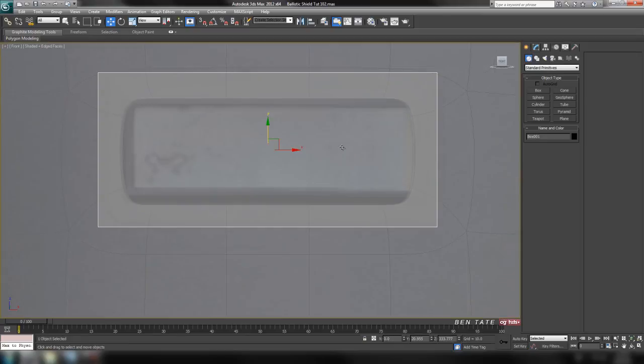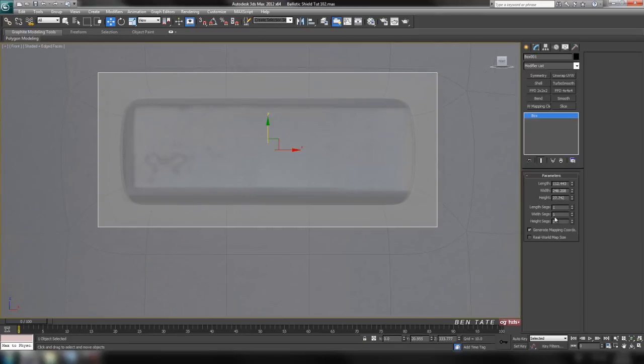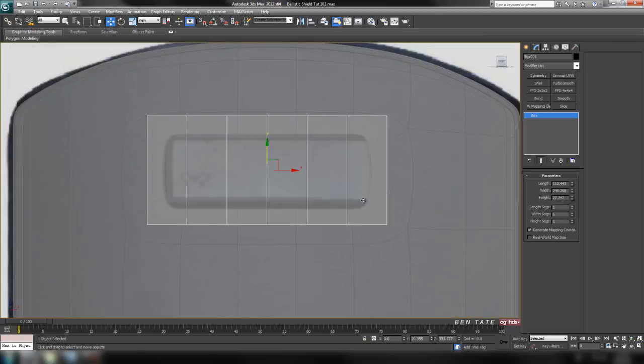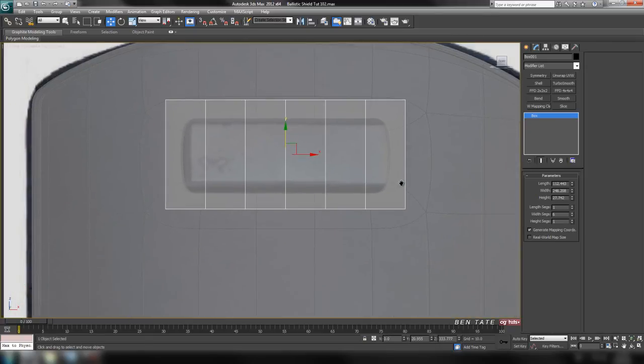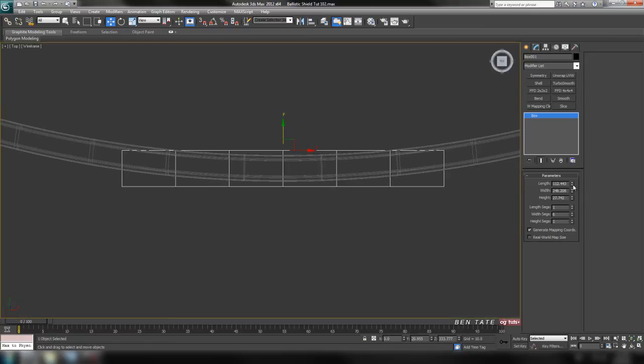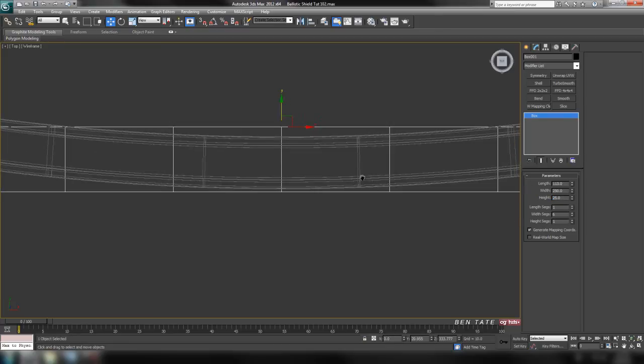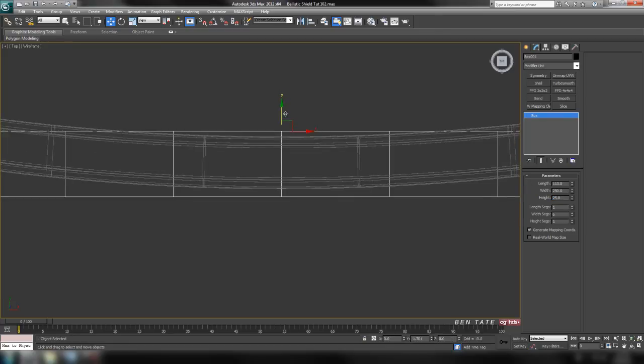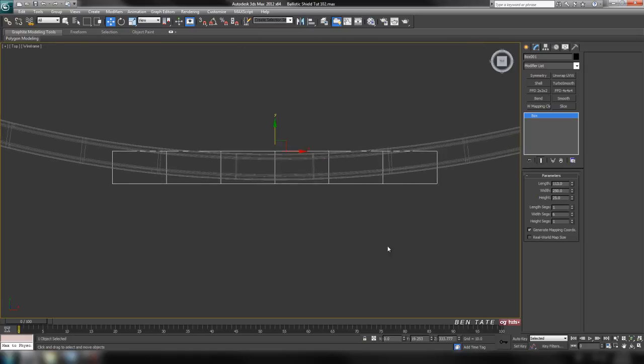Okay, and we want to add some vertical segments here so we can bend it the same way as we did with the shield. Okay, so let's take this up. And let's use maybe 6 segments on this one. Okay, and I'm going to just adjust the length and width here a bit. Let's maybe do 113 on the length. Whoops. We'll do say 250 on the height, or 25 on the height and 250 on the width. Sorry. I'm just going to try to even that out in the middle,